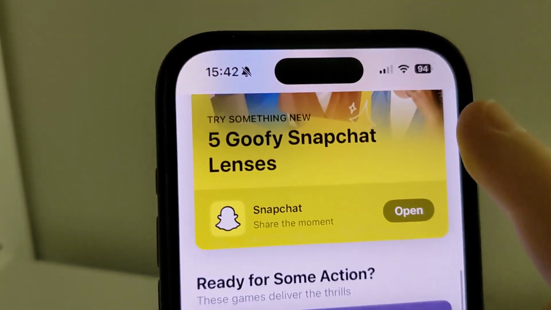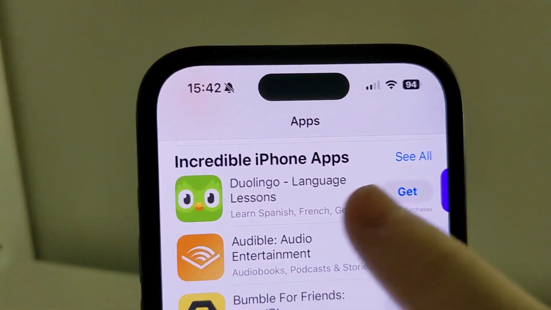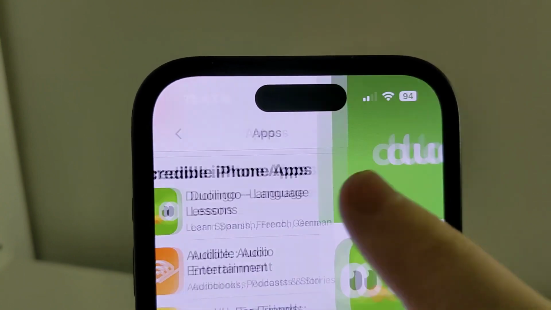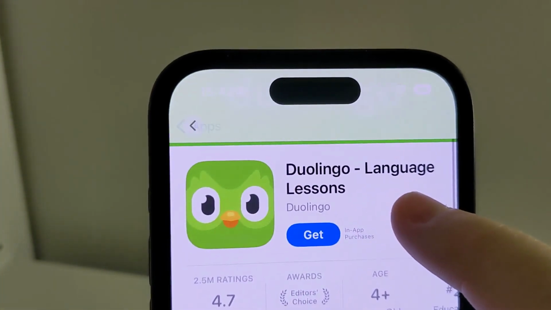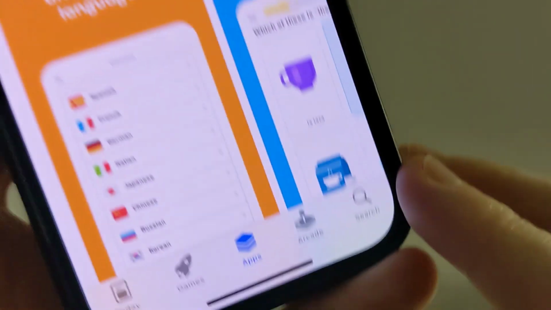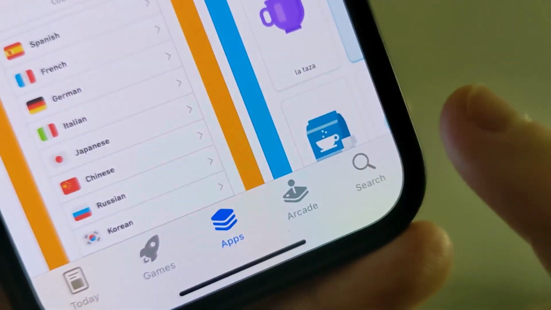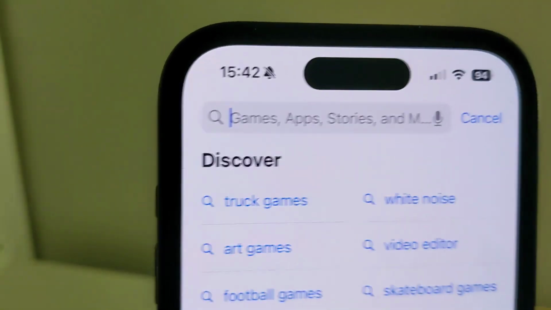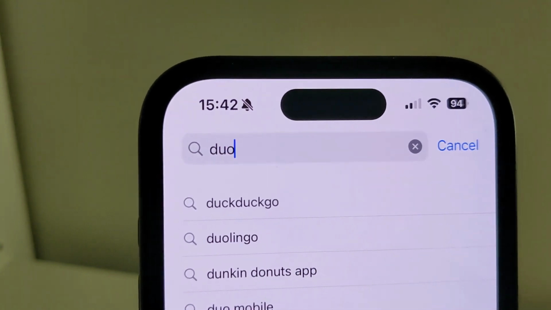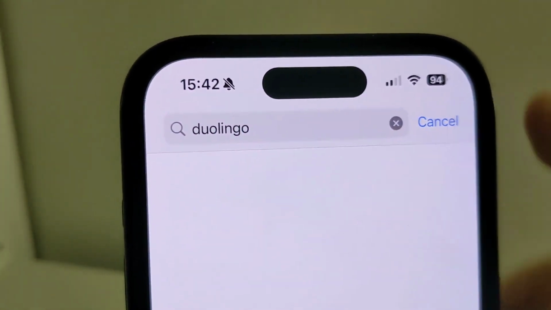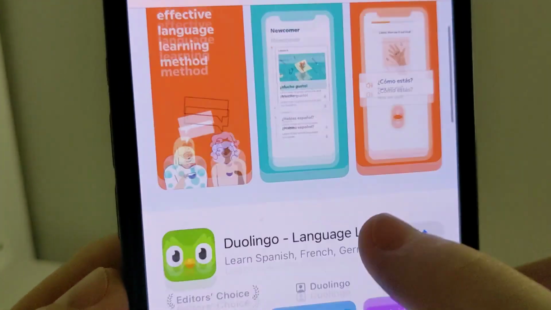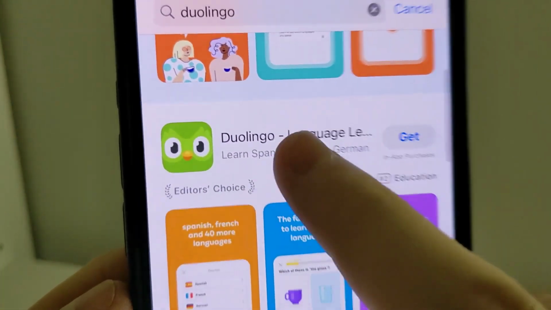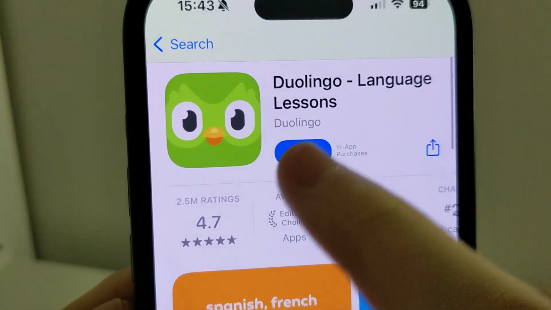Then let's try to install an app. So let's see, Duolingo app. Okay, click on that, then click get. Also you can use search, click on that search button right here, and in the search bar typing Duolingo and go search. And then when you find the app, click on that, then click get,